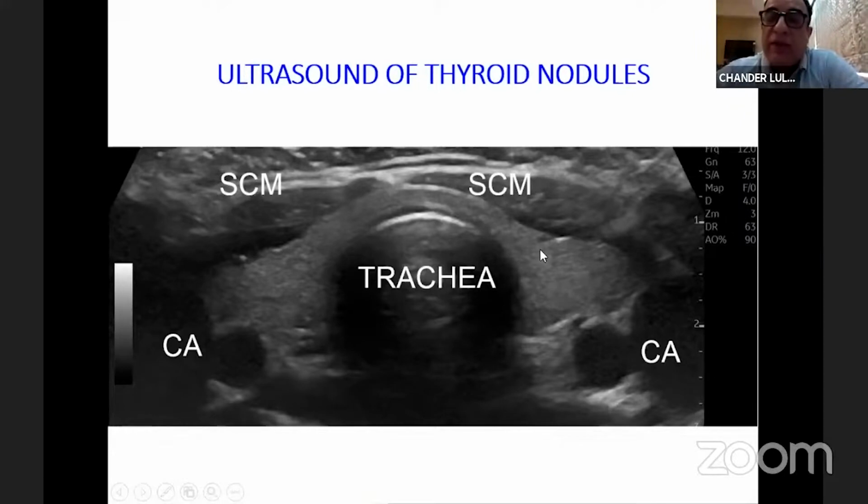thyroid gland, which we consider as isoechoic. So this is normal echoic thyroid gland, which is very similar to other organs in the body, like the liver, etc. And the sternocleidomastoid is slightly darker, and it is not as dark as the carotid. So carotid is anechoic, this is hypoechoic, and this is isoechoic. And if you see here in the trachea, there is a white shadow here, which is the cartilage, which is extremely bright. So that is what we consider as hyperechoic with posterior shadowing. It shadows, and also because of the air in the trachea, we don't see the lumen, and it shadows completely. So these are the 3 or 4 constant terminologies that we would be using when we talk about thyroid